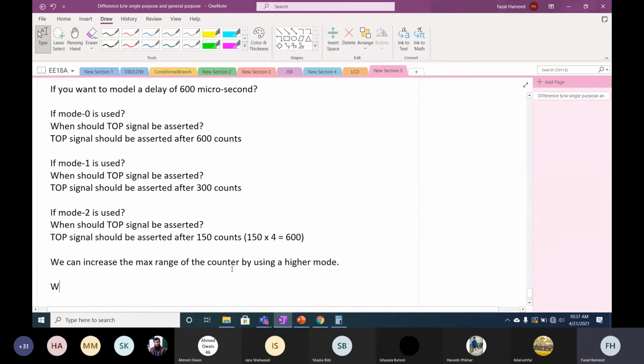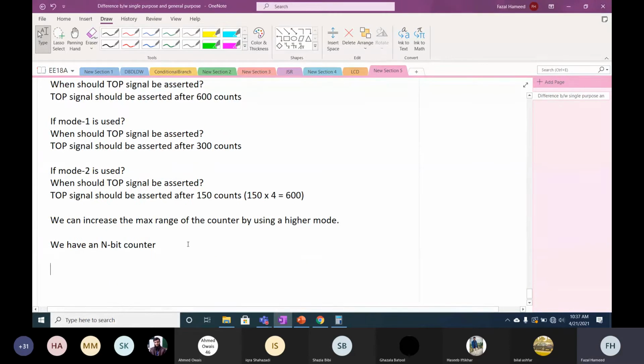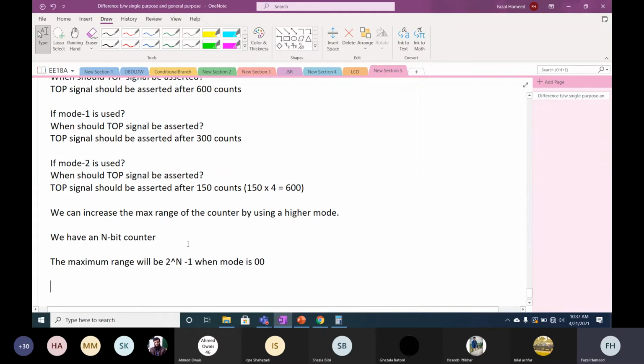So let's assume we have an n bit counter. If we have an n bit counter, the maximum range will be 2 raised to power n minus 1 when mode is 0 0. Am I right? Right, sir. And when the mode is 0 1, then